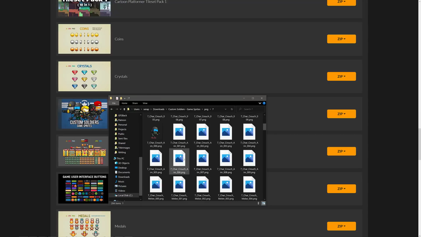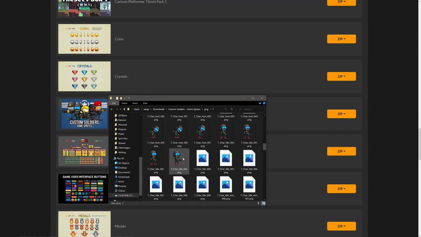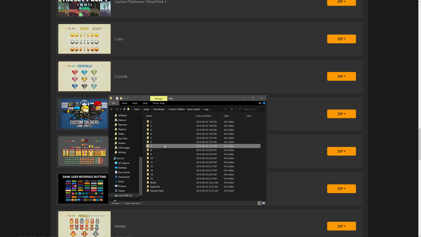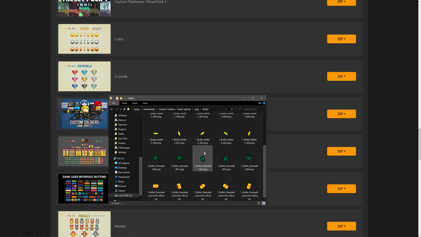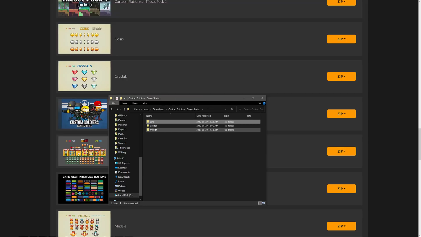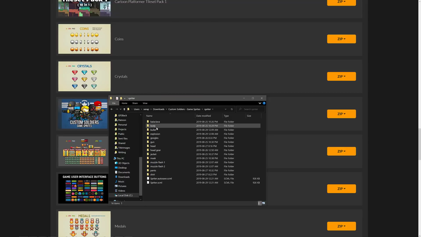So got a number of different characters here, a number of different angles and perspectives, so we got idle animations, jumping animations, and so on. So that's pretty nice, ready to go. But where this pack gets really quite nice, we also have some additions here, like bullets, explosions to go with the character. And then if we go on back over here, you're going to see we have Spriter, which is